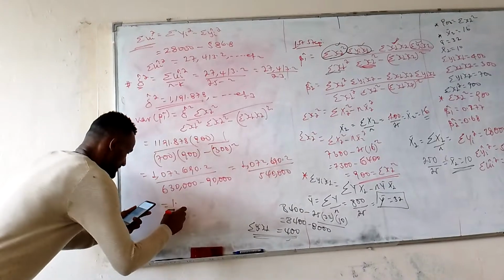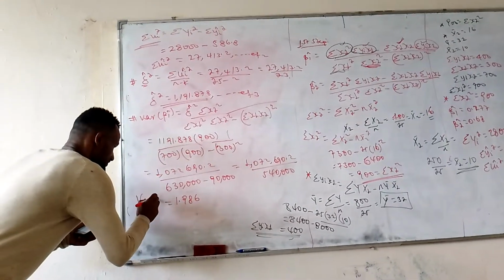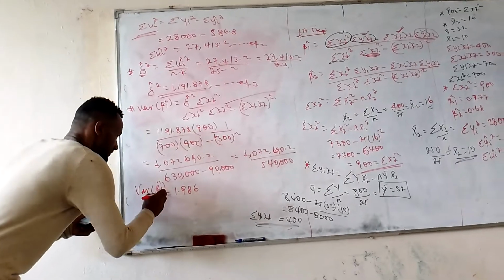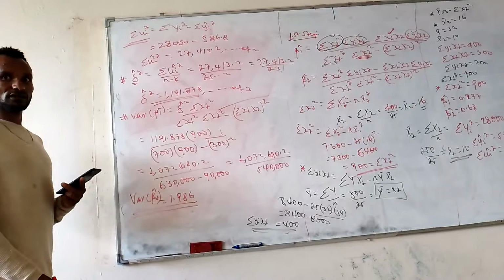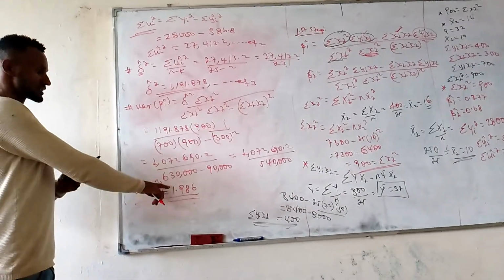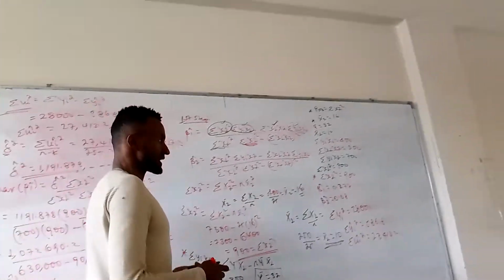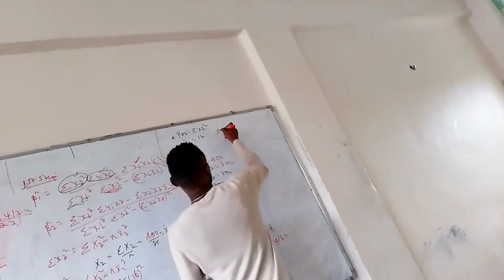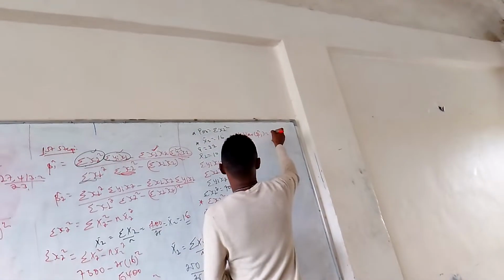Then the ratio of this will be 1.986, which is equal to the variance of our first parameter, beta 1. This is our final result. So the variance of beta 1 is 1.986. Let me document it again. Variance of beta 1 hat is equal to